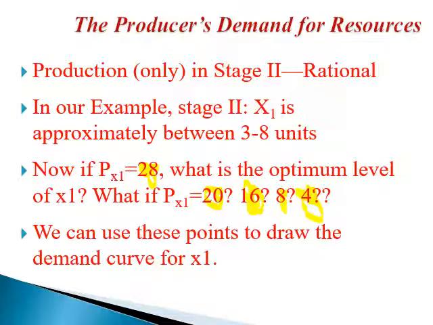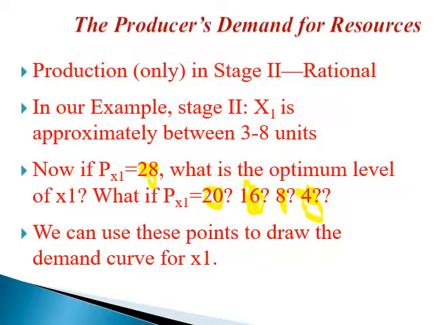The reason I'm saying net returns and not profit is because profit is a different story. But for you, imagine that net returns is similar to profit. So the demand curve for the variable input is composed of all of the points that are net revenue maximizers, which means you are connecting the points that maximize the net returns of the producer, by knowing exactly how much you should use of the variable input